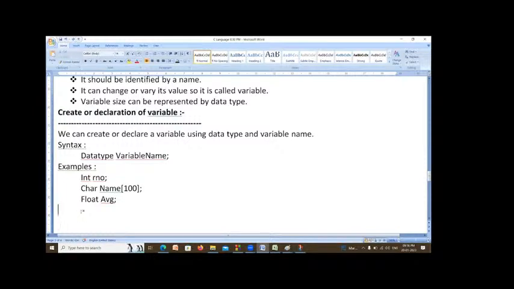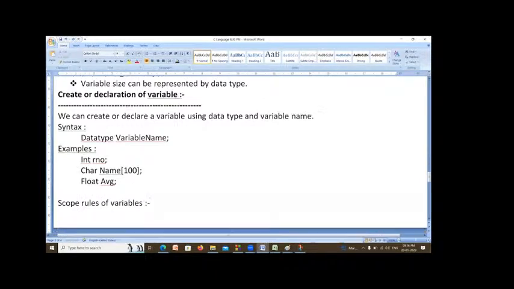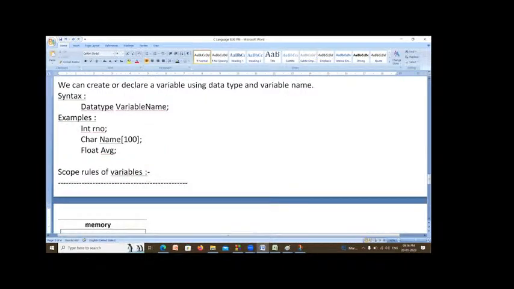Yes, sir. Right. Now, third one is, while naming the variable, there are some rules and regulations you have to follow. Those rules and regulations are called scope rules of variables. Scope rules of variables means the rules we need to follow while naming a variable. Now, what are the scope rules of variables?